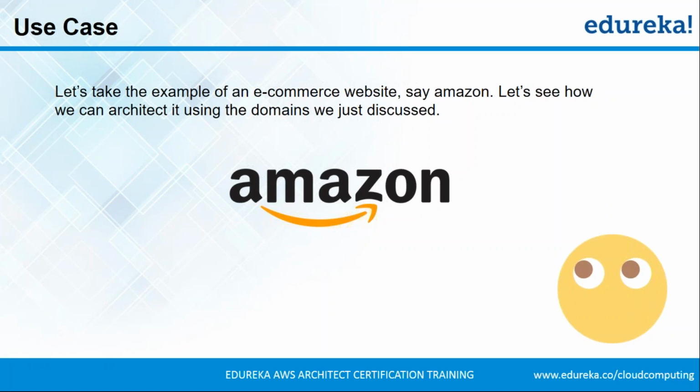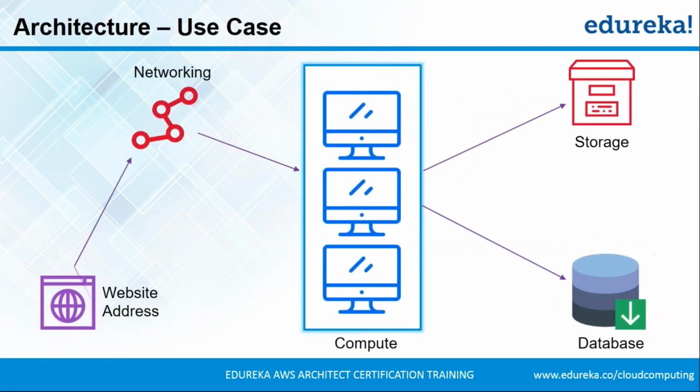Let's try and represent it using a diagram. So we would be needing a compute domain, we would be needing storage, we would be needing database, we'd be needing networking. So yes, this is it guys. So this is basically the architecture, or this is the way your website will function using these resources, right? So any doubt guys, anything that you want to add in these domains? So guys, if you are clear, let's take 2 seconds more on this slide.